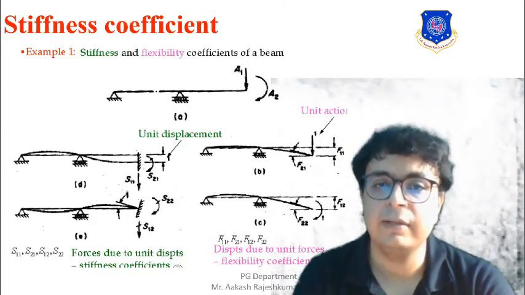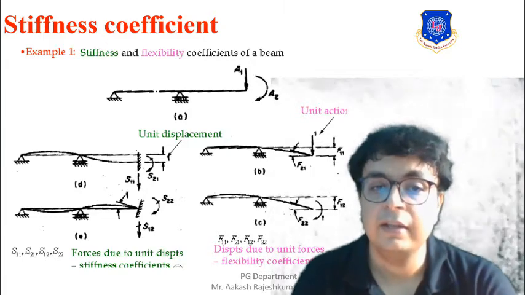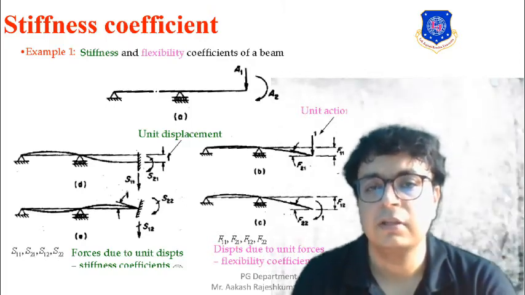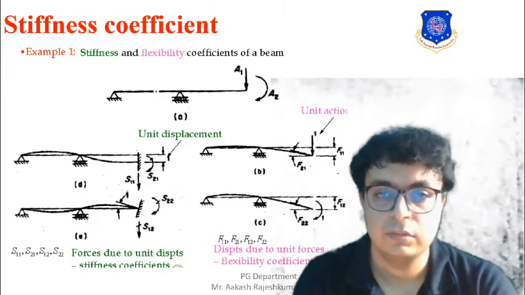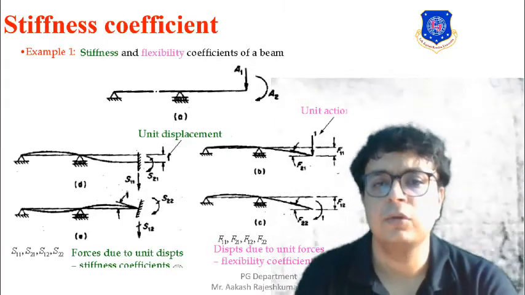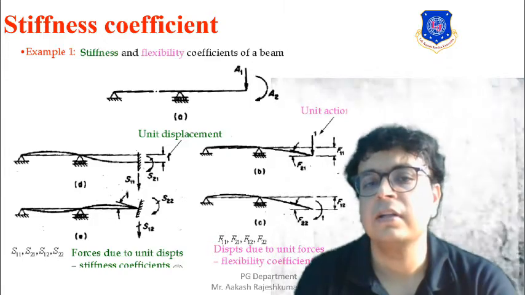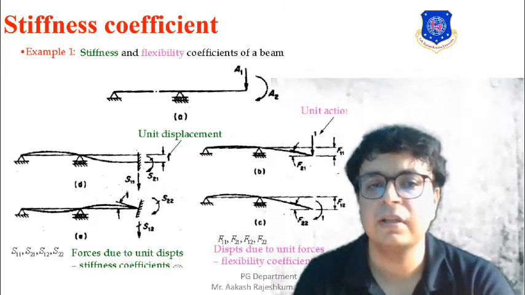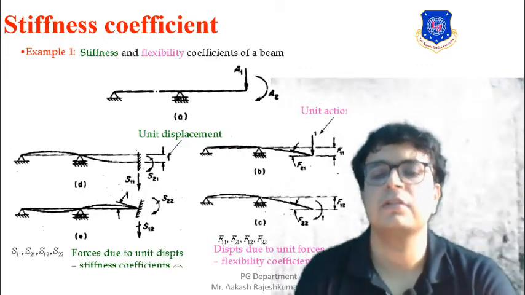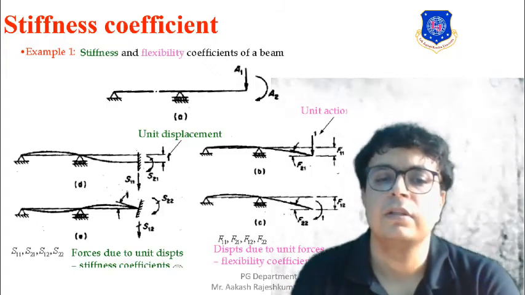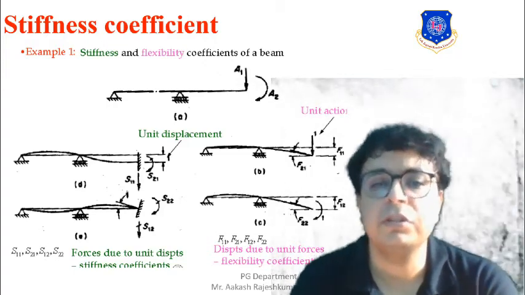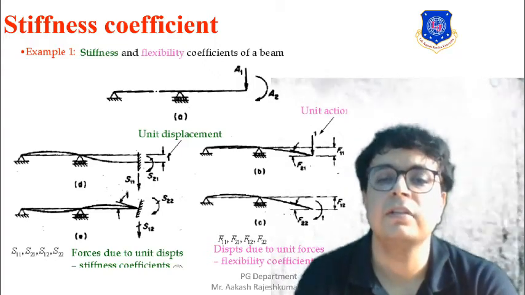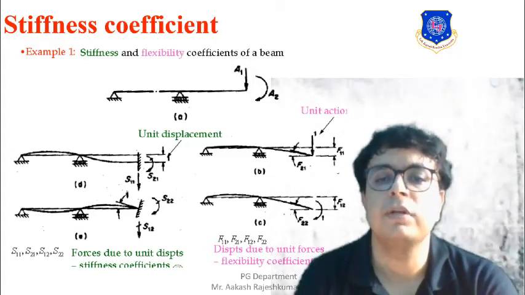Okay. Now, when we are applying the unit rotation at the free joint, the rotation that is taking place will be S22. That is nothing but the deformation at 2 because of the moment at 2. Here we are considering the vertical loading as number 1 and rotation as 2. So whenever the displacement takes place, it is considered as 1, and when the rotation takes place, it is considered as 2. Okay. So yes, and when we are applying the unit rotation, the displacement that will take place will be S12, means the stiffness at point 1 because of the loading at 2.